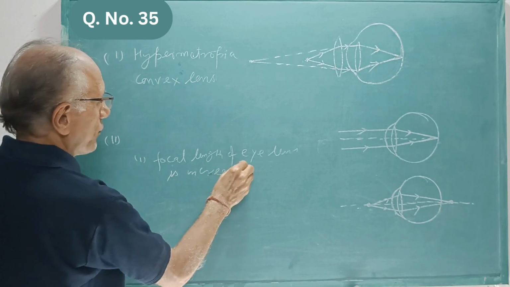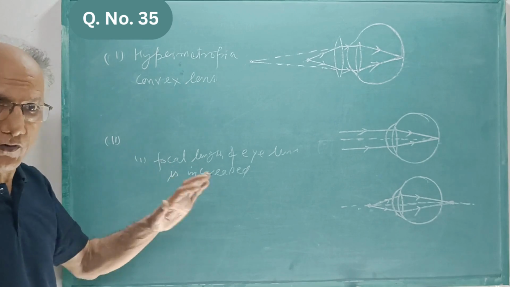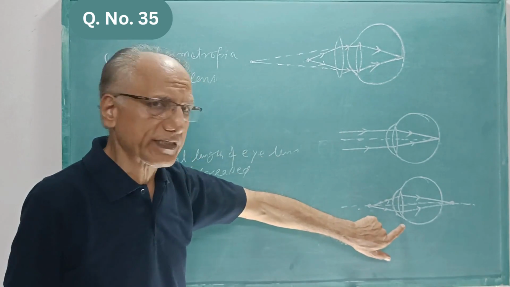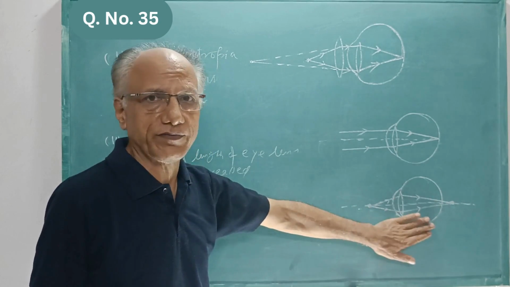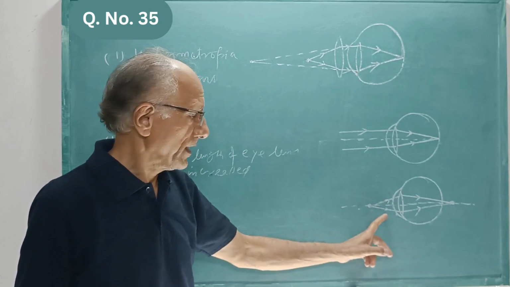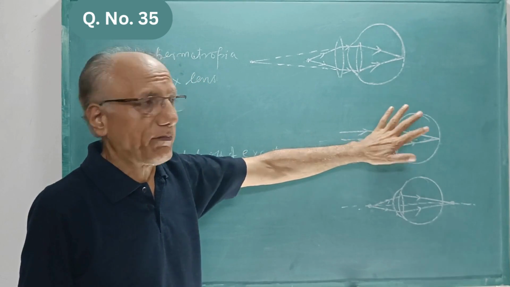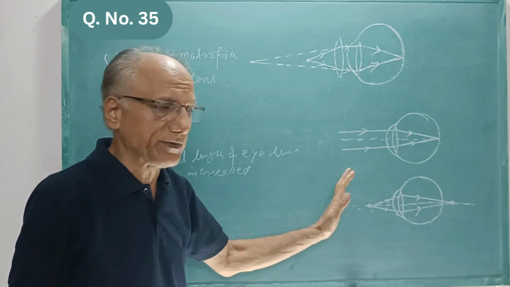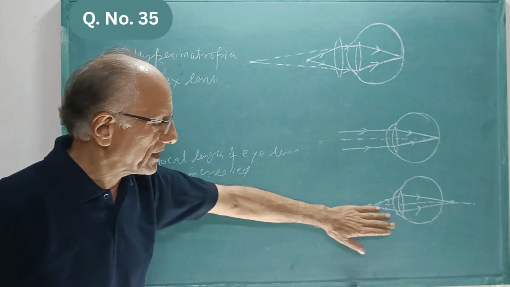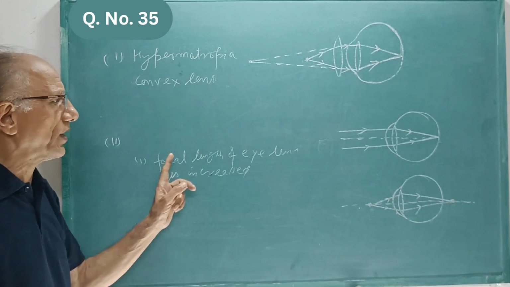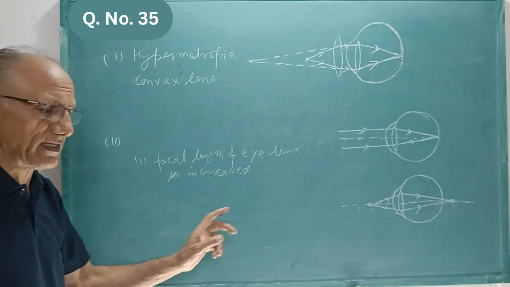Although you are not supposed to write this, for your understanding I am just telling you, you have to draw only this diagram which is showing the defect of vision. So you have to draw only this. Even you need not draw this, but to explain, I am telling you everything: this kind of defect is due to, first, the focal length of the eye lens being increased,